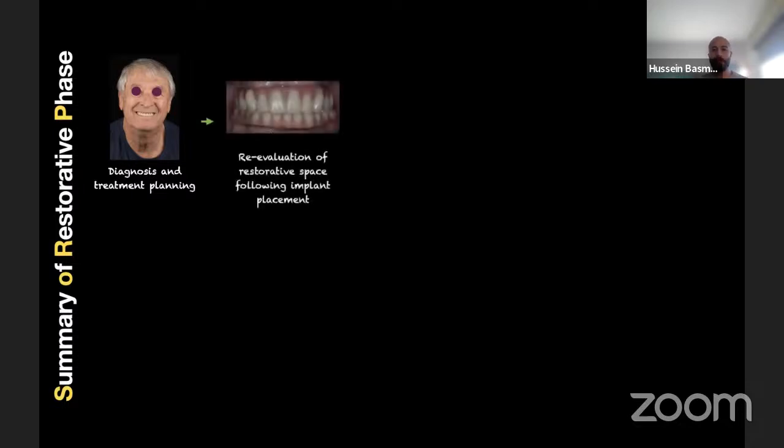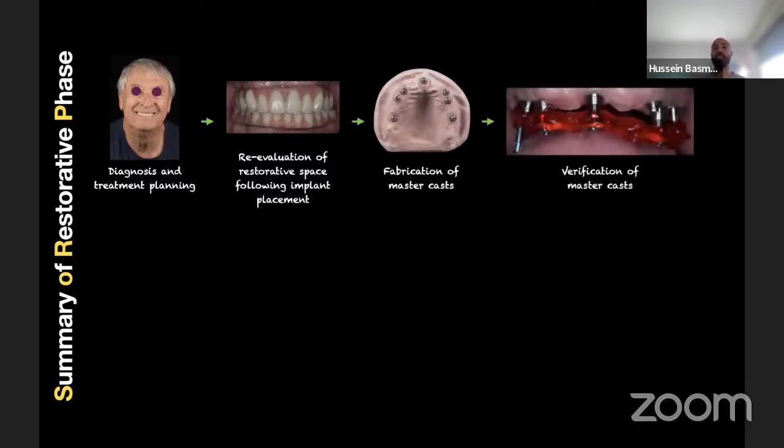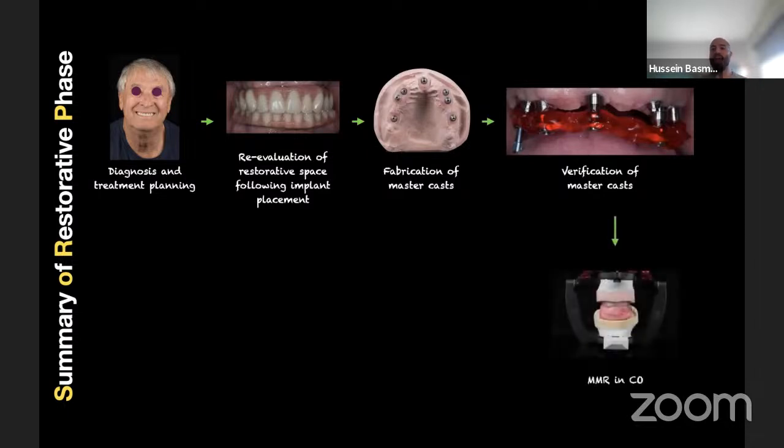After that, we definitely evaluate the space. We check how much space we need, what type of prosthesis we're going to end up doing. We are going to fabricate the master cast. Based on that master cast, we take an initial impression. Based on that initial impression, we create a verification jig. This verification jig has to be